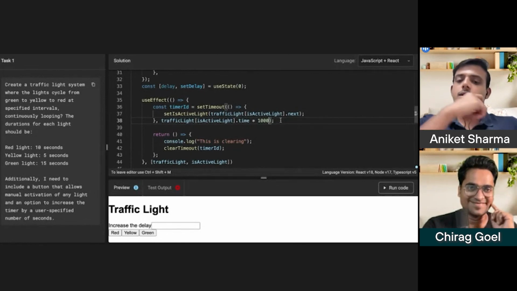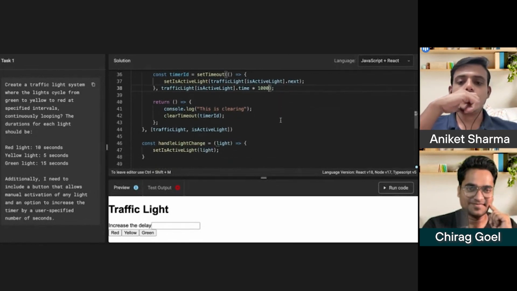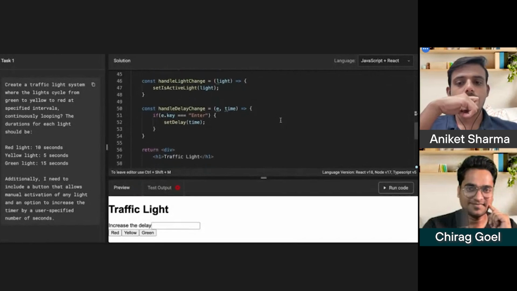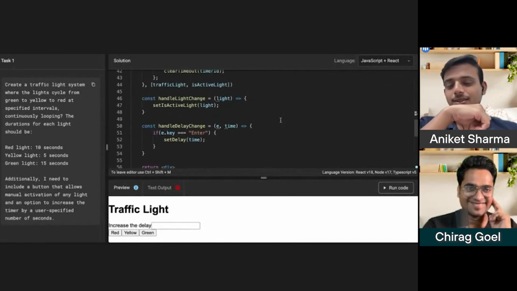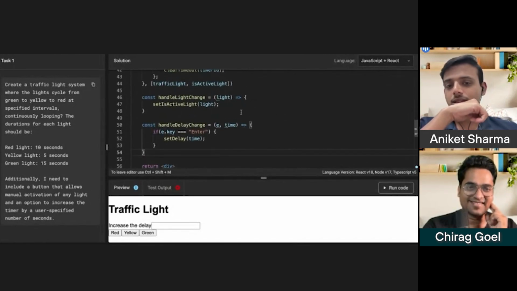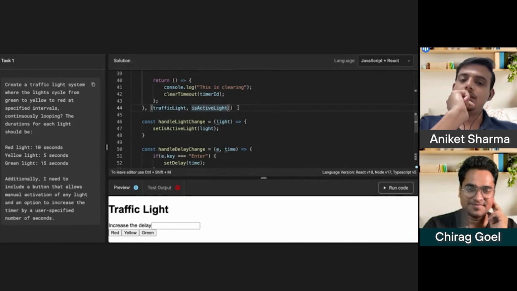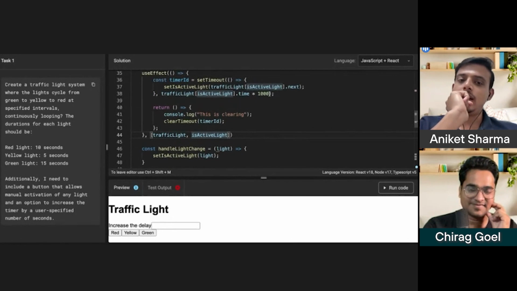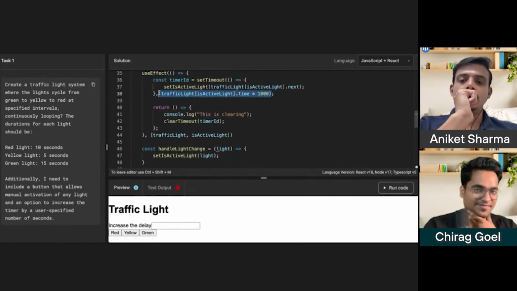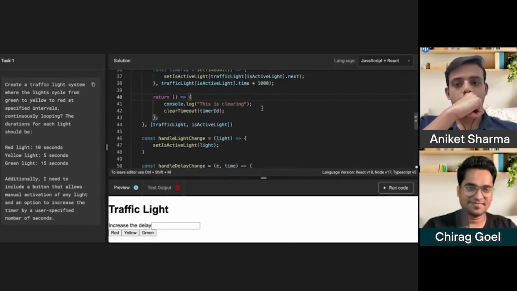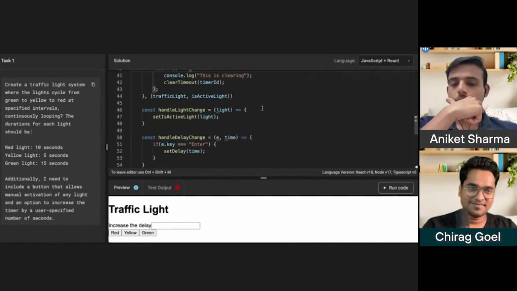Okay, I think I need to rethink the approach I'm thinking of. There are two, three approaches coming to my mind. One which I already mentioned. Another one is that we also tag it with the delay which the user is typing and add it here, but the con of that approach is that we don't have a track of how much time has passed. So we need to drop that approach.